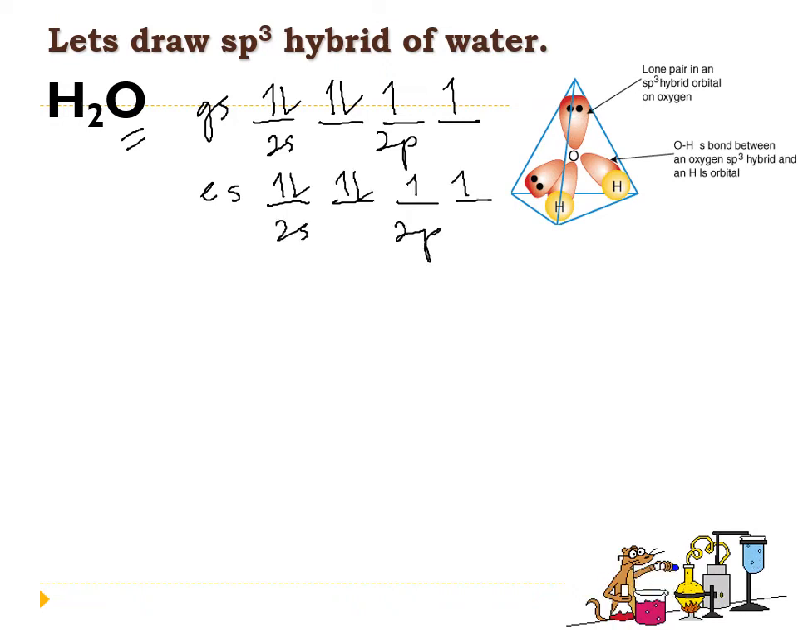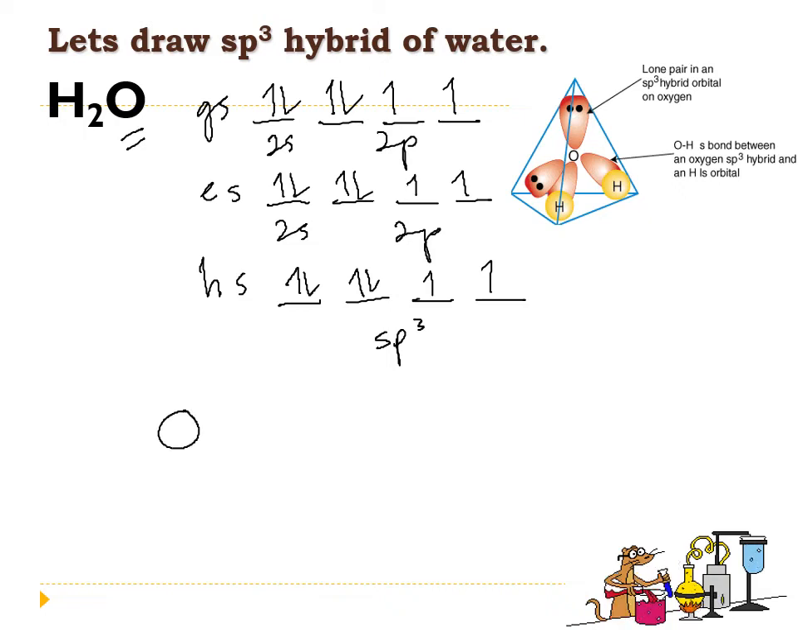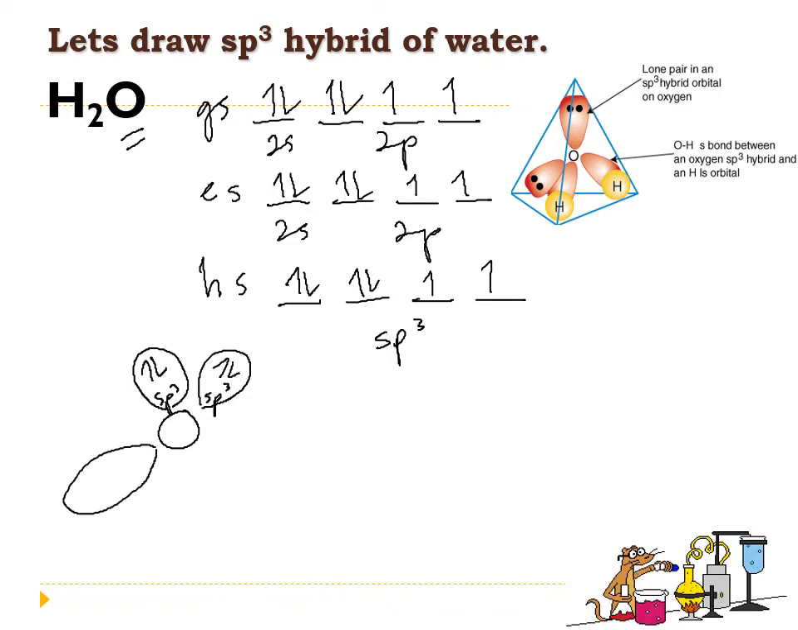And then the hybrid state. The hybrid state is 1, 2, 3, 4. All 4 we call sp3 orbitals, and it would have 2 lone pairs here. So oxygen would have 1, 2 sp3 orbitals, and it would have the lone pair inside the hybrid orbital. Another sp3 orbital would be down here, and another one down there,